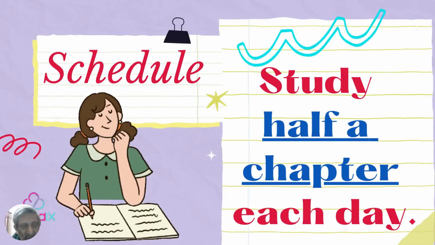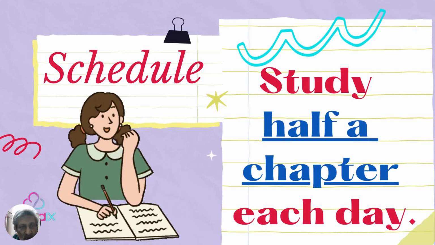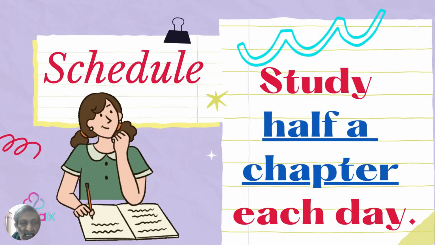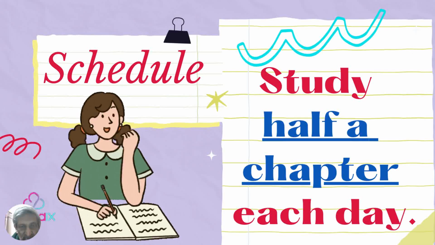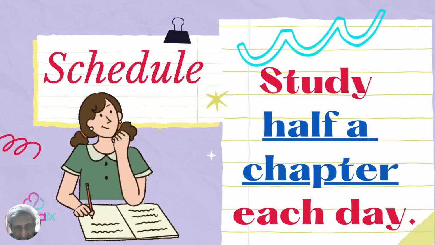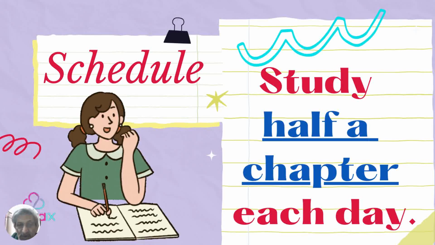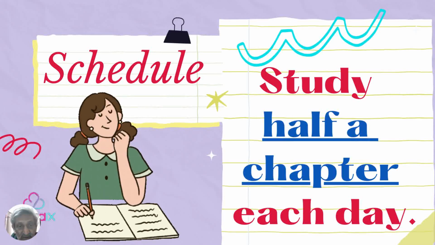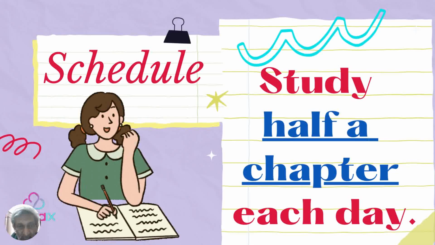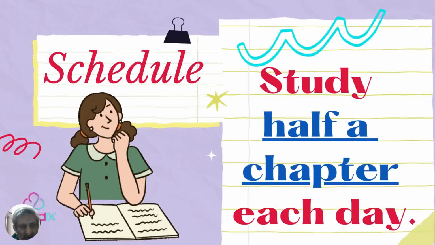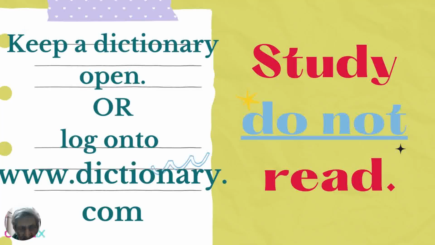Let me resume here. So what you study is half an hour every day, or you can devote a bit more time if you can. And in this, half a chapter. You could do it a bit more. The normal common words you don't touch. Pick up those words which are new to you, which you have read for the first or second time, and don't understand the meaning. Those you have to write down. That is important here. That's why it will take you about half a chapter every day. And by the end of the month of February, you will be able to finish all the chapters in English.